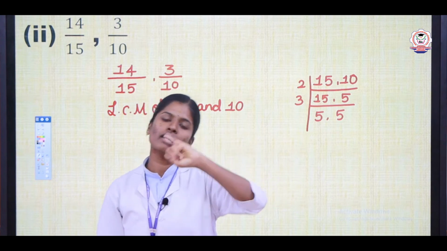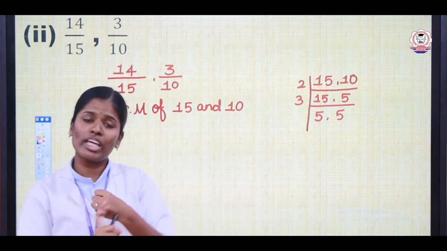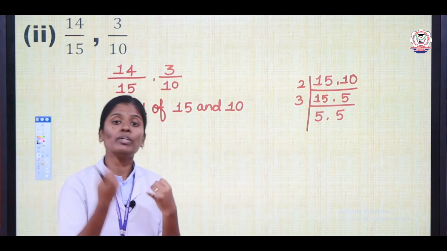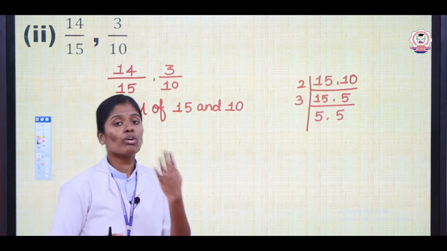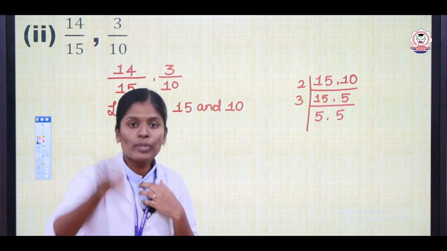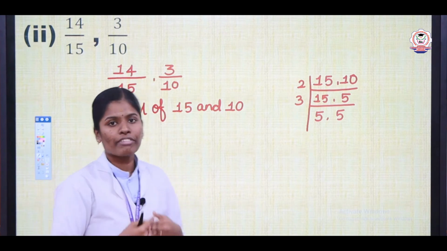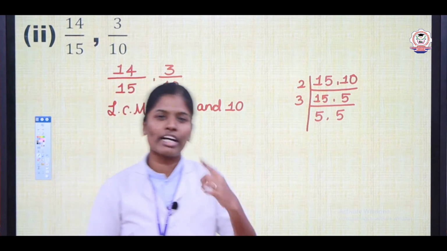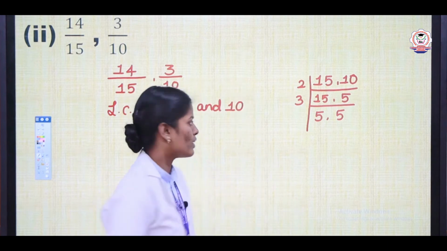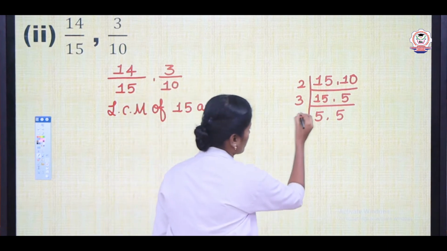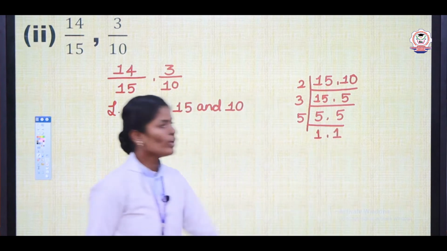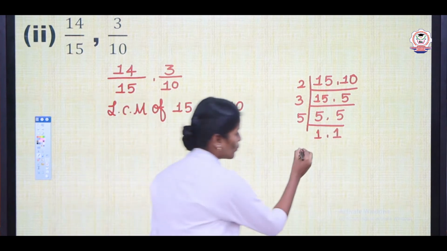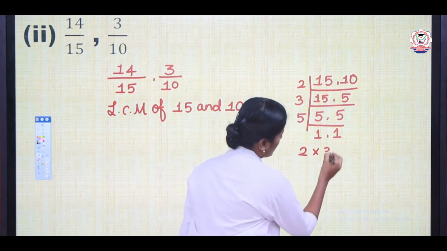So first we will take 2. 2 is a prime number. 2 table 5 is not possible. Then you will take 3. 3 table 5 is also not possible. Next, 4 is a composite number. Next you will take 5. 5 table of 5, yes, it is possible only one time. 1 5s are 5 and 1 5s are 5. We got the factors 2, 3, 5.